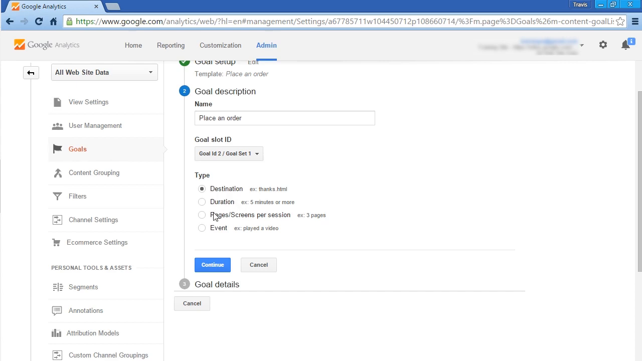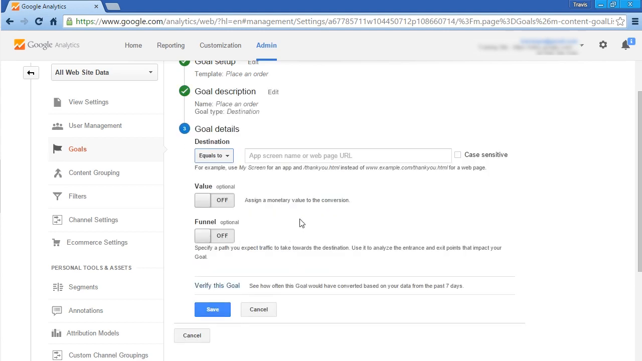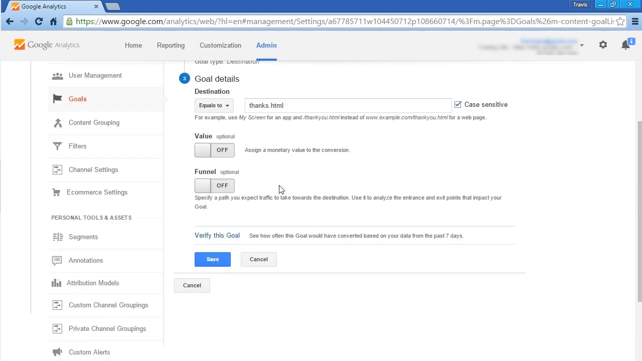You could also use duration, pages, screens per session, whichever type of conversion you want to actually measure. So we're going to use destination, completed sales. Somebody makes it to the thank you page. Click on continue. Now we have equals to, begins with, or regular expression. We're going to use equals to, and we're going to call this thanks.html. You can check off whether or not this is case sensitive, and then you can scroll down